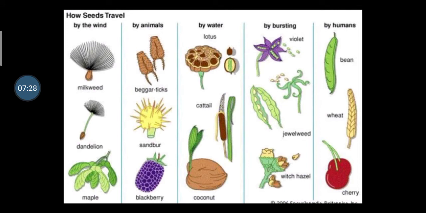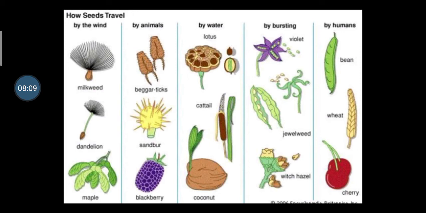Now let us study how the seeds travel. By the wind, the seeds travel, for example milkweed, dandelion, maples. These seeds travel by wind. In the dandelion, we have hair-like projections which help the seed to travel a long distance. Now by animals, we have beggar ticks, sandburrs and blackberries. These seeds have sticky spines on their body which stick to the skin of the animals and get dispersed